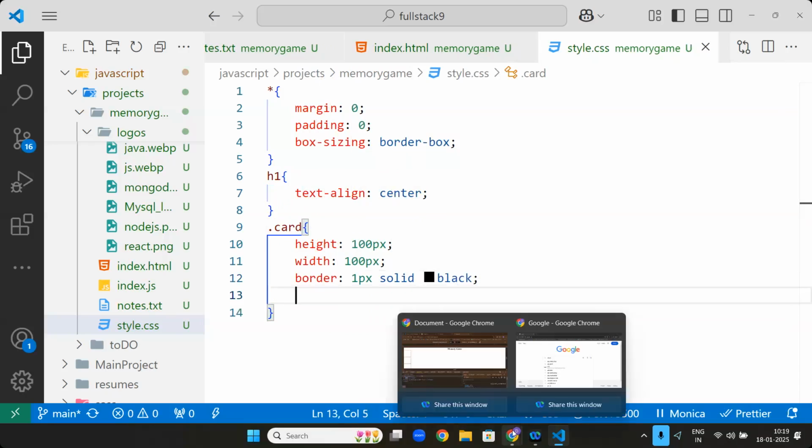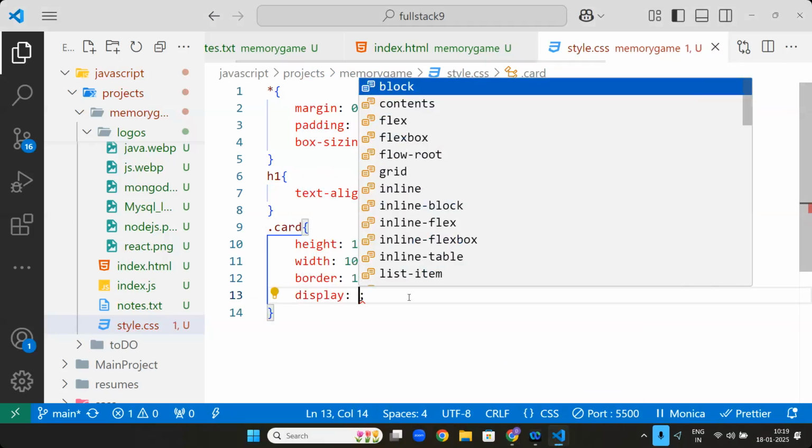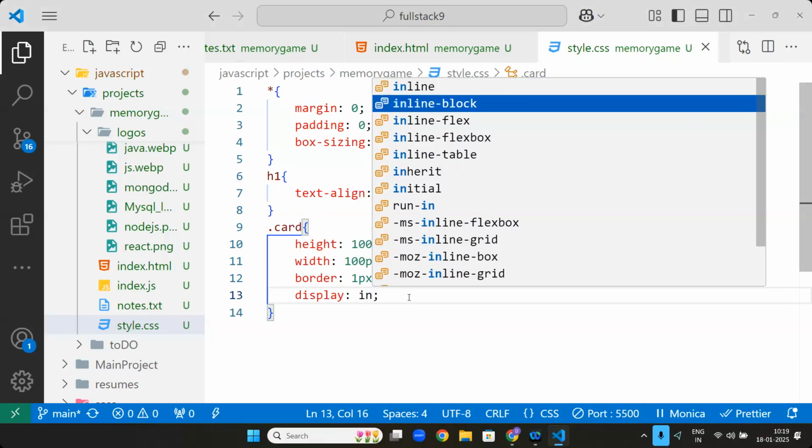Now go here. I will use something called display. Each one can be display inline block or